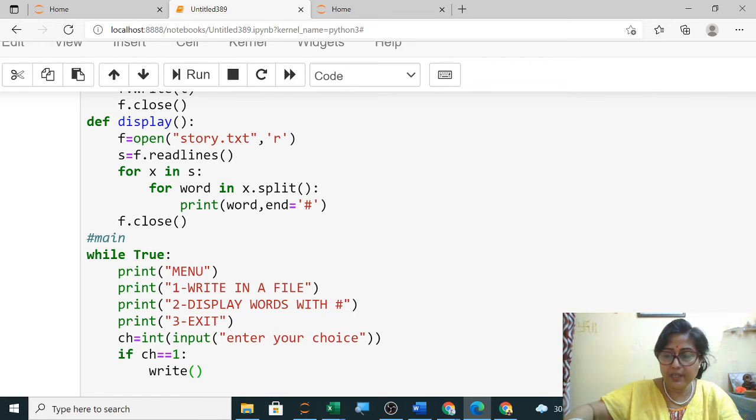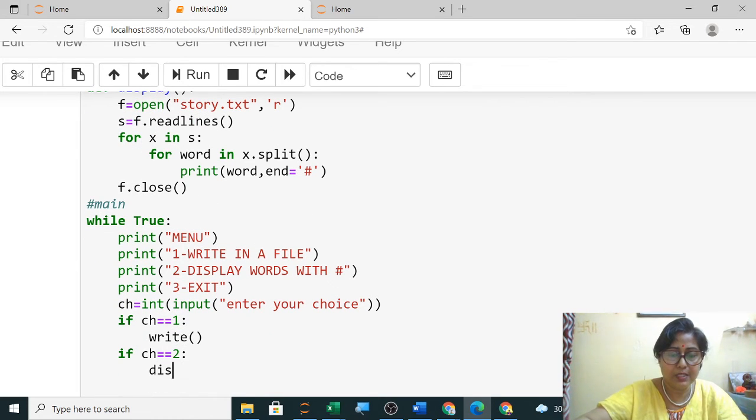First one I have solved for you. Second one you will solve and you will tell me the answer. So this is your choice 2 and this is used to display. And the third one is exit. So what I am doing is I am simply breaking.